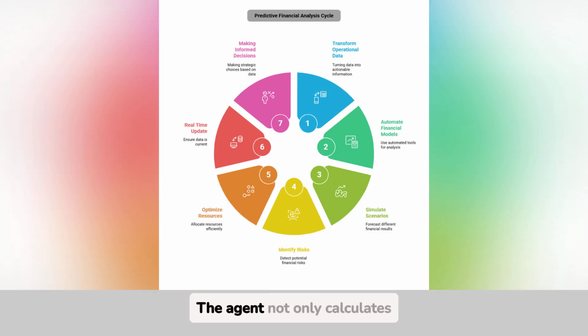Exactly. The agent not only calculates financial ratios, but also simulates different scenarios through sensitivity analysis. For example, it can model how variations in energy prices or interest rates will impact our revenues and costs. In this way, we can anticipate changes in the environment and adjust our strategies proactively. By having this information in real time, managers can assess the impact of decisions before executing them, ensuring greater efficiency